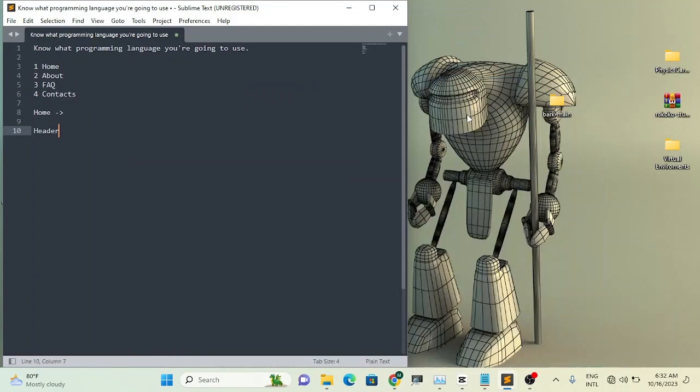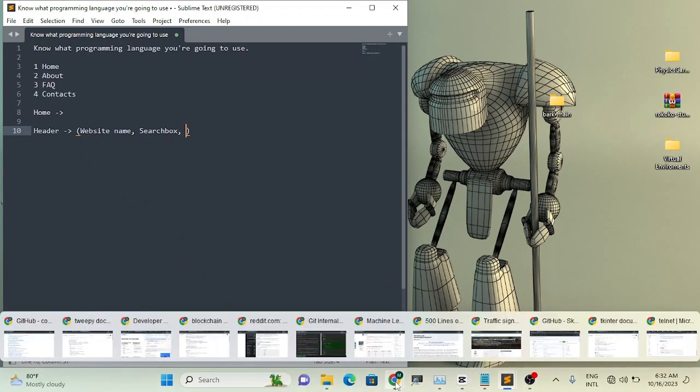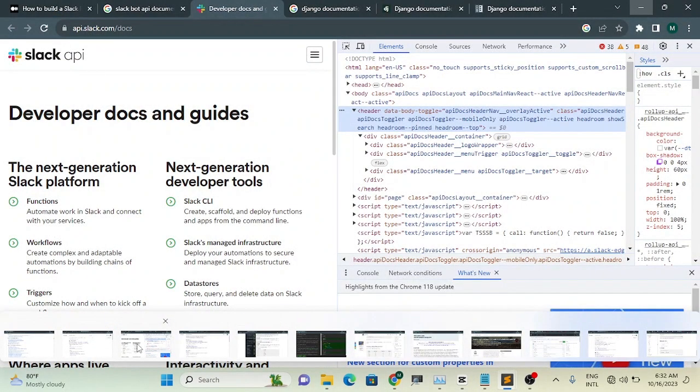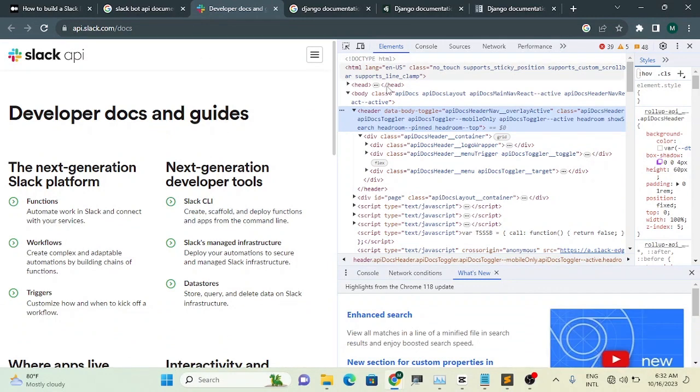So you structure your code like that: header, then you say the header will contain your website name, and if you add a search box, you say search box. On the Slack website we are trying to use, where is it? Don't lose me. Here you will see that it has